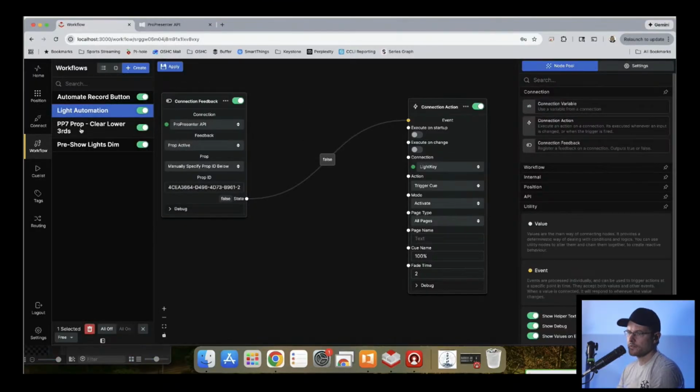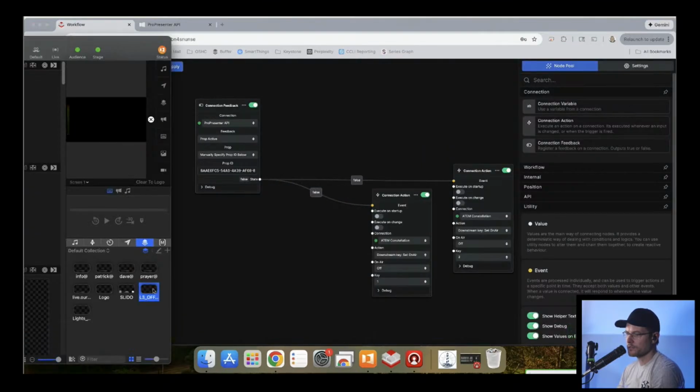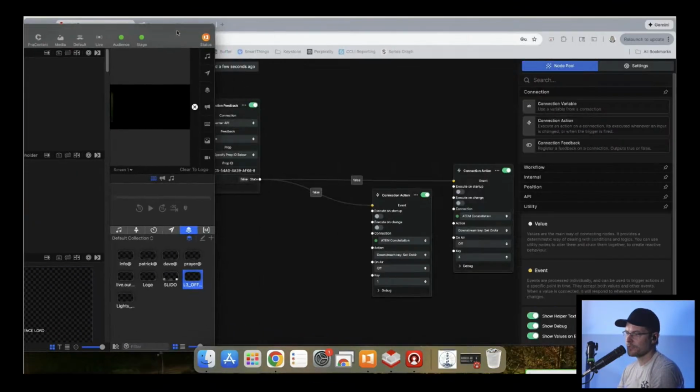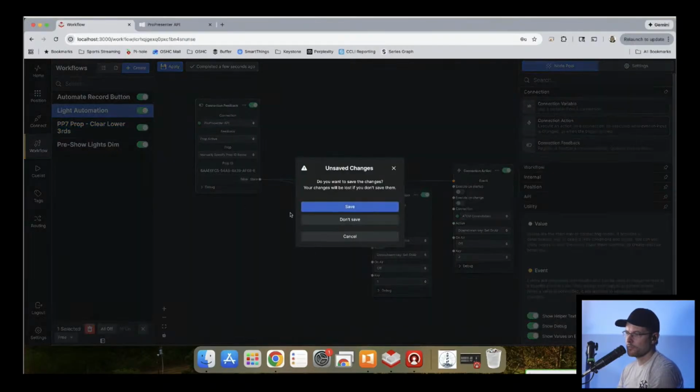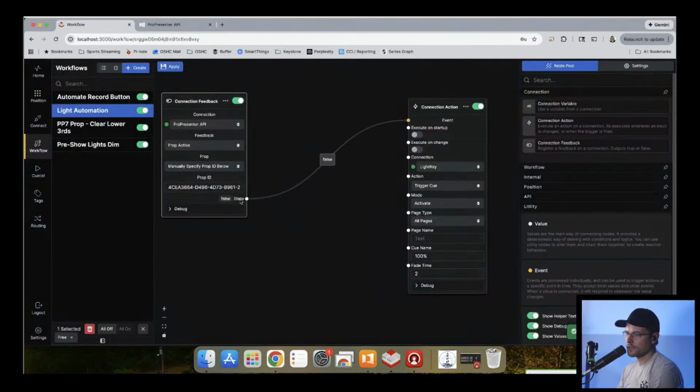Let's go ahead and verify that the clear lower thirds is still working though. Yes, true. Huh. How fascinating. It's literally the same setup, but ProPresenter is not talking.